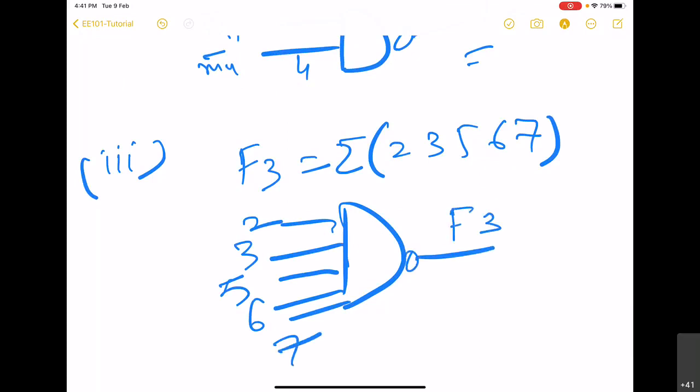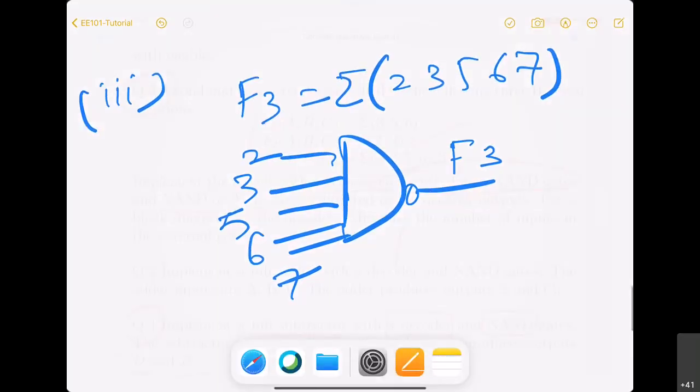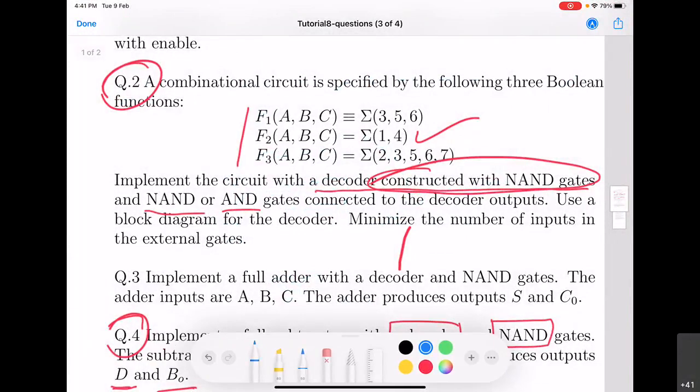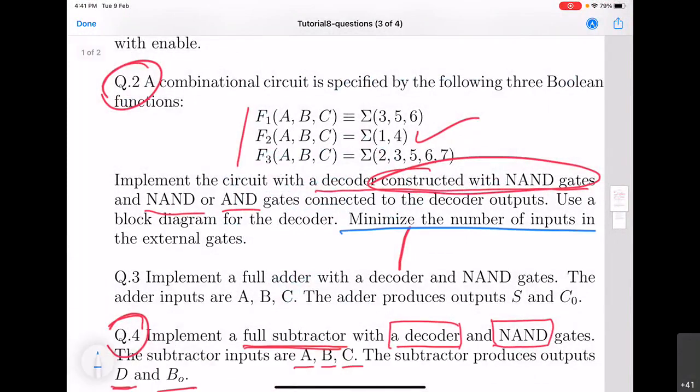One will be tempted to say that this is a solution. But keep in mind what the question says here: minimize the number of inputs in the external gate.